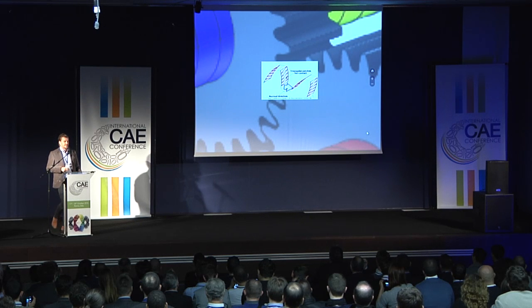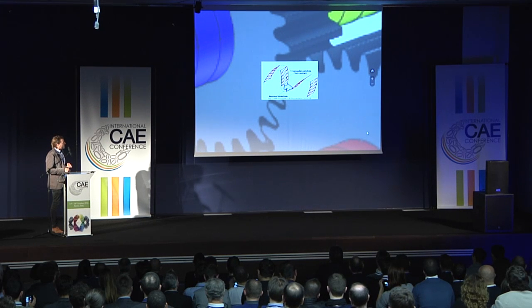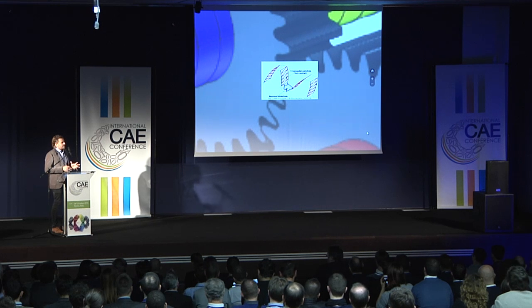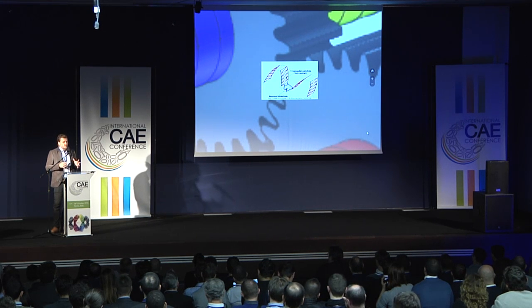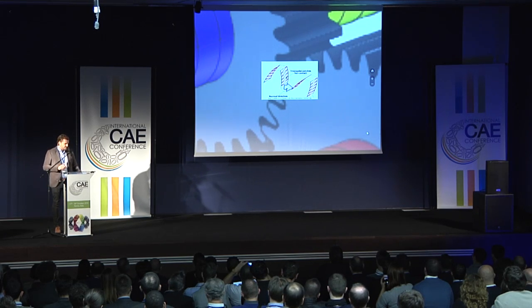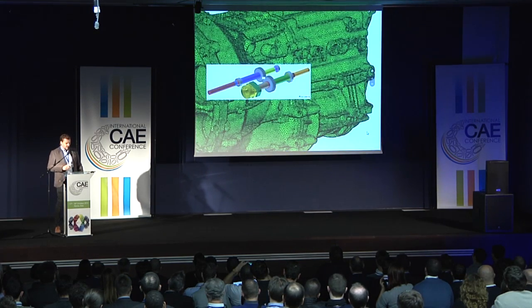And this contact works like this: the surfaces of the teeth are divided into triangular patches, and the normal direction of the triangular patches defines the direction of the force which is traveling from one gear wheel to the other. But no more detail, it's going to be too complicated maybe.